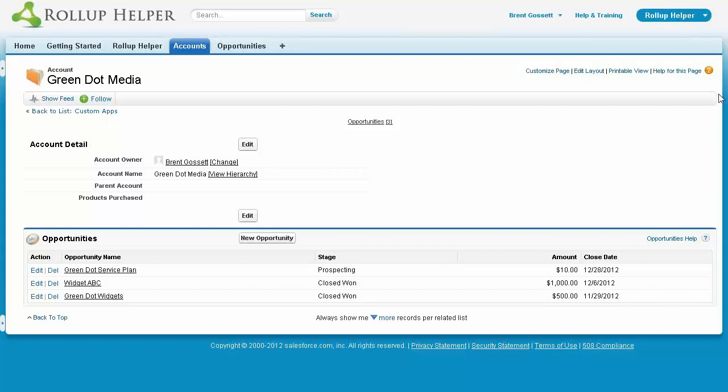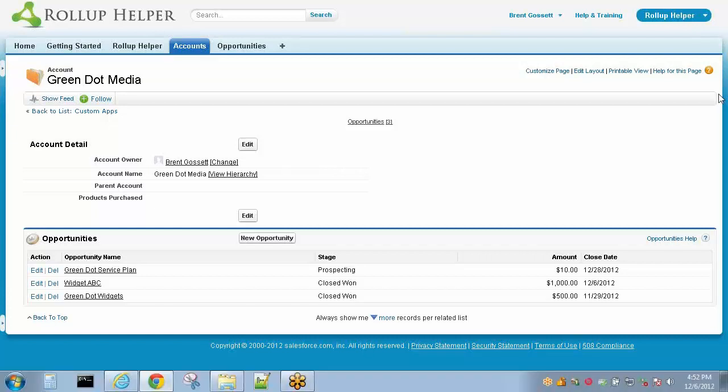There are other types of rollups available, such as sums, maxes, mins. But with the text-based rollup, all we're doing is looking at all the related information available for an object. In this case, the object is an account, a Green Dot Media account. And we're going to look at all of the child records or child objects that are related to that account,